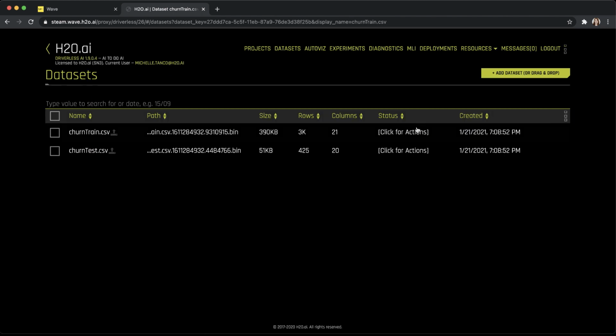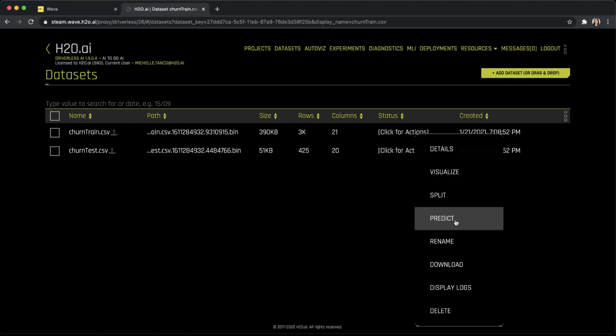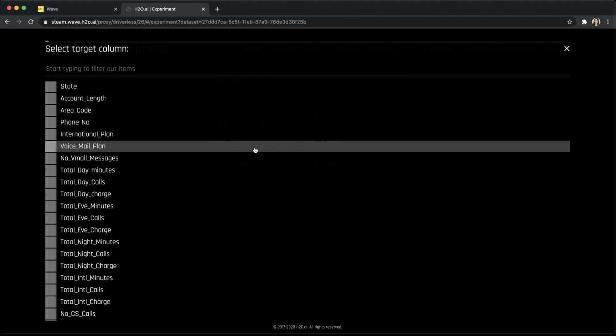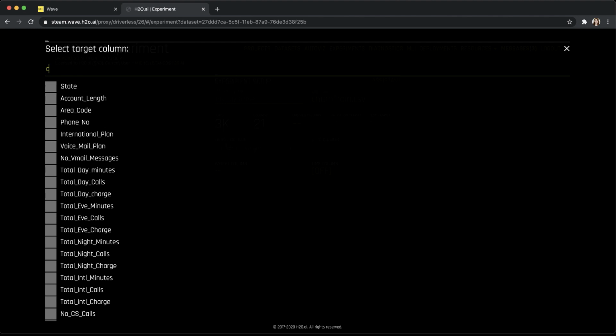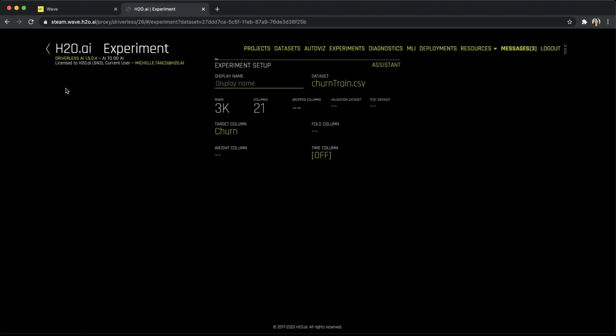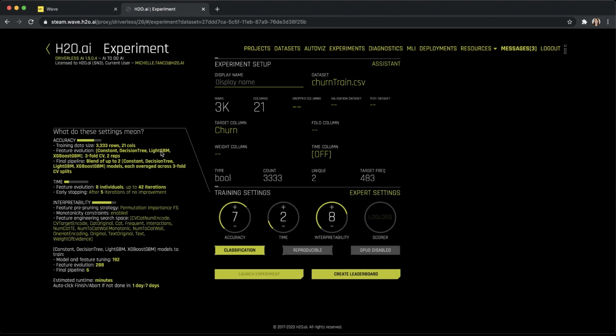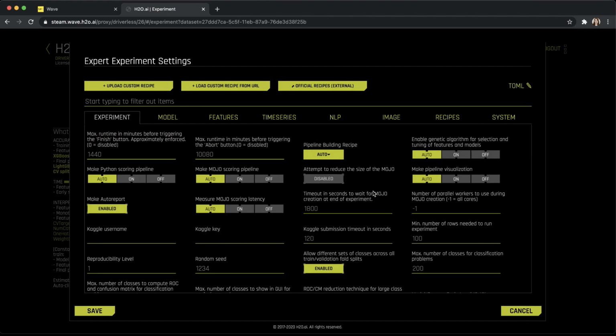Building models in Driverless AI is easy for the data scientist. We only have to click the Predict button and then tell Driverless which column from our data we wish to predict, in this case, churn. Now, many default settings have been selected for us based on our data and use case. Our advanced data scientists may want to use the expert settings to have full control over exactly what will happen